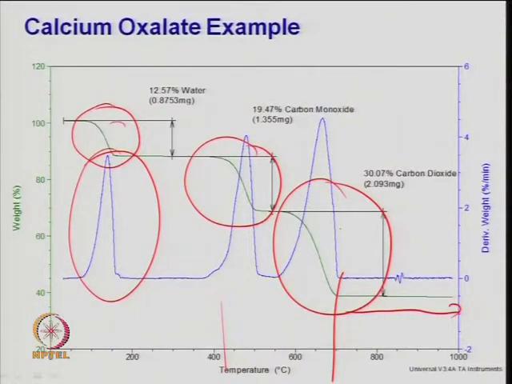So, that is what you can write from that, either the rate of formation of carbon monoxide, rate of formation of carbon dioxide, or rate of decomposition of calcium oxalate or decomposition of calcium carbonate. So, a variety of information can be obtained if you look at just a non-catalytic type of reaction or decomposition of the material.